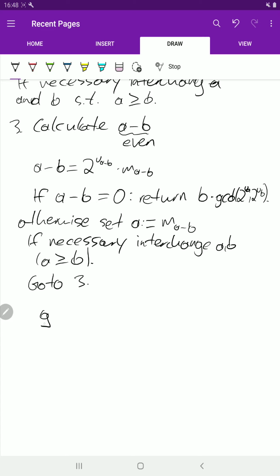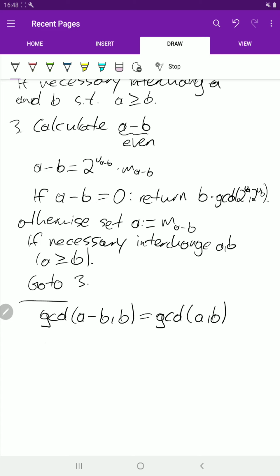Let's make some small remarks. The GCD of a minus b and b is the same as the greatest common divisor of a and b. One can easily see that because